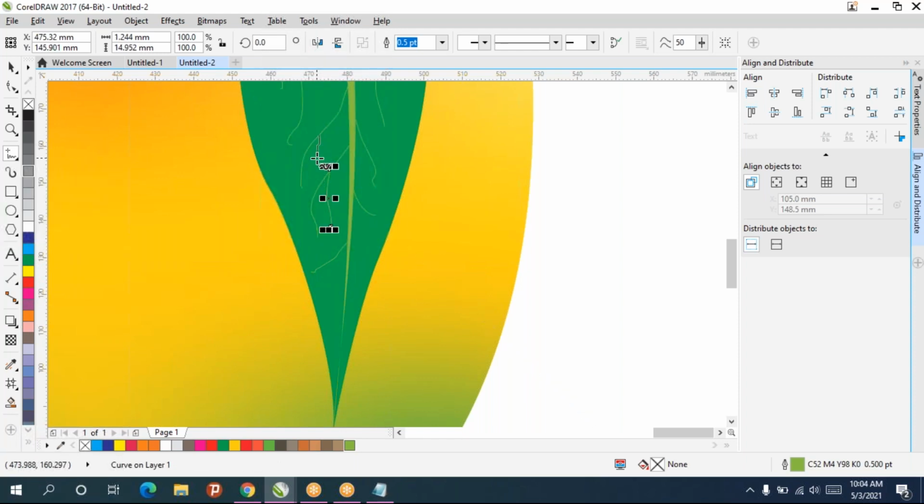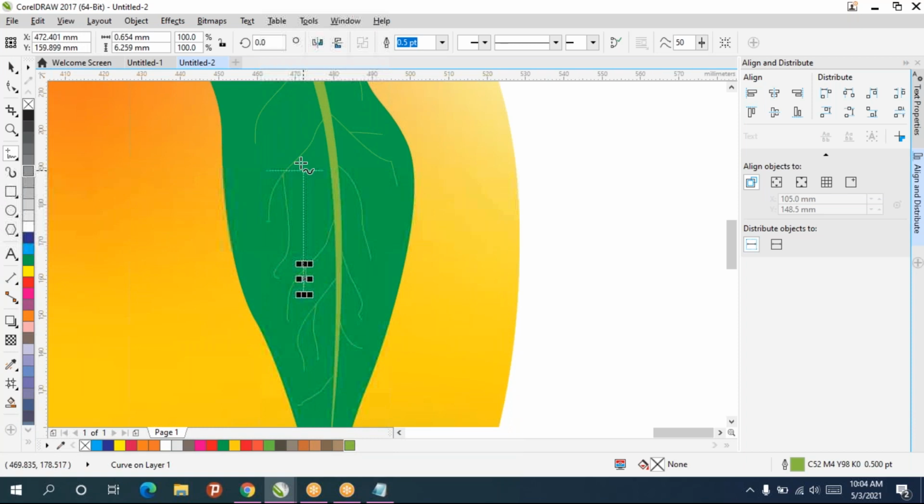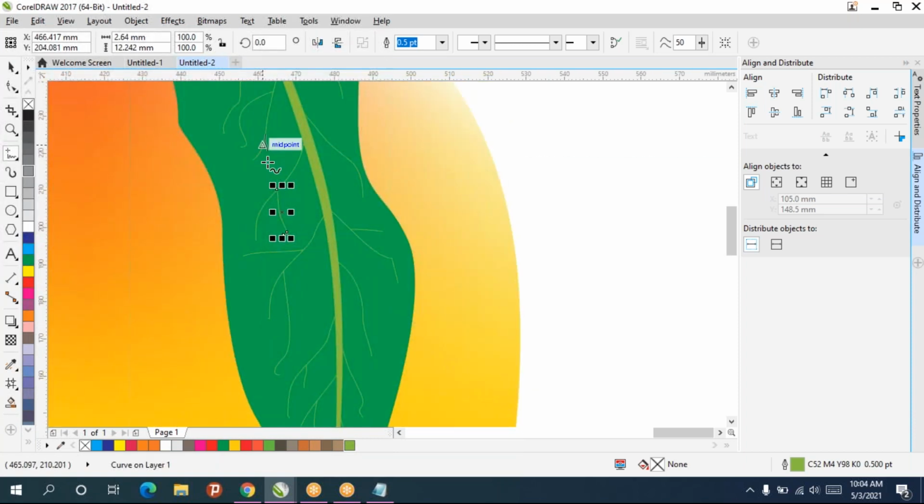So mesh fill is more important to give the colors, and always pen tool is more important to create any kind of shapes.